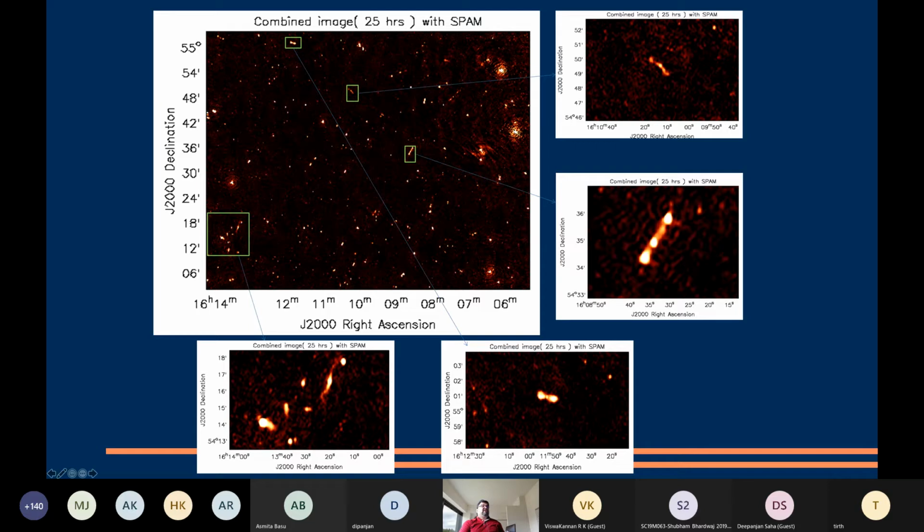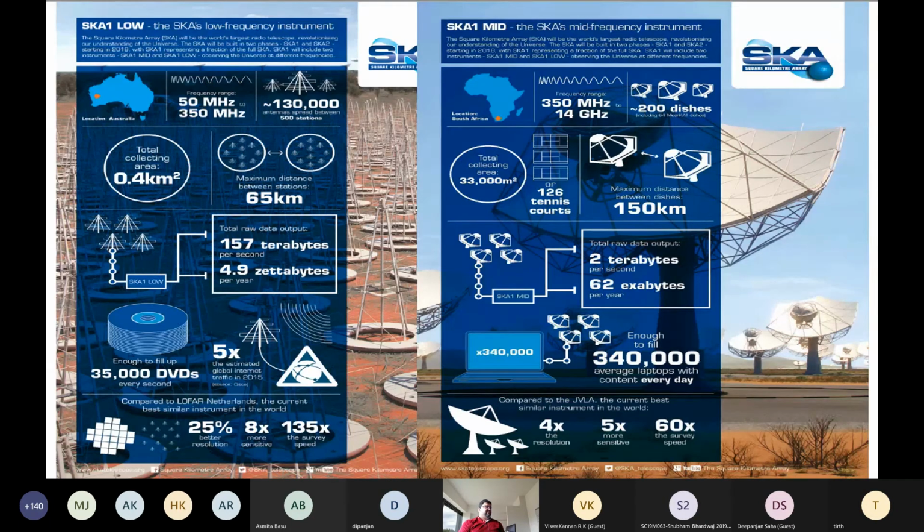So that's the motivation that for a telescope like SKA, if you're doing typically very ultra-sensitive experiments like the epoch of reionization and cosmic dawn, you need to employ this kind of algorithm. So we come to the telescope which we are all talking of, the Square Kilometre Array. And the particular change in the regime is this particular factor. Look at this. This goes from 50 megahertz to 350 megahertz, a little bit lower than what GMRT can go so far, but it covers the band in which GMRT is very well active.